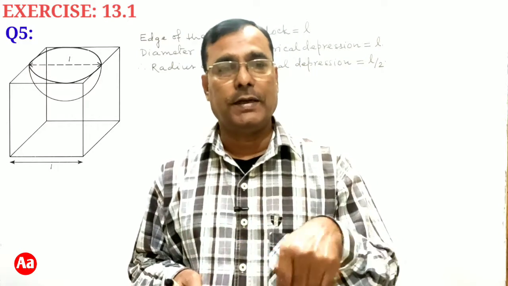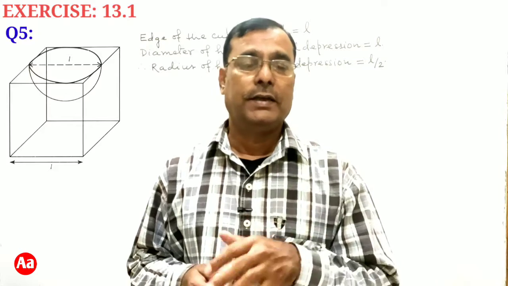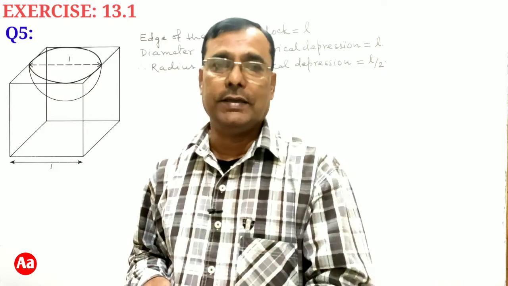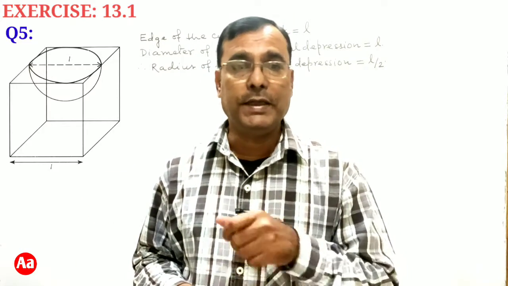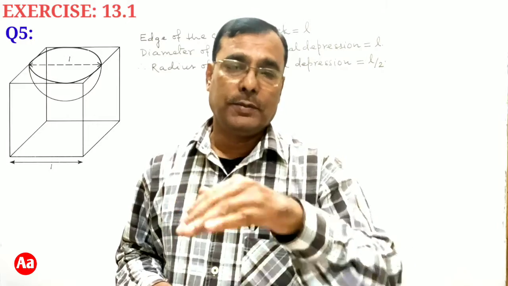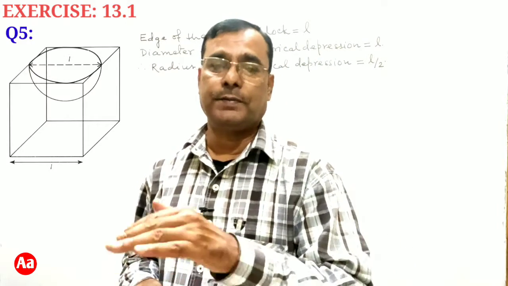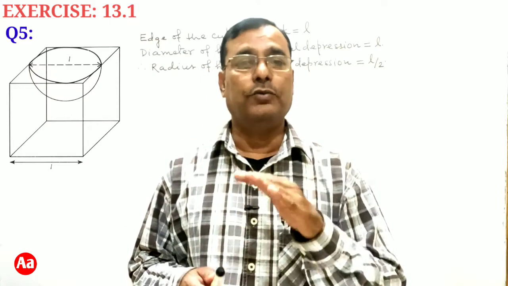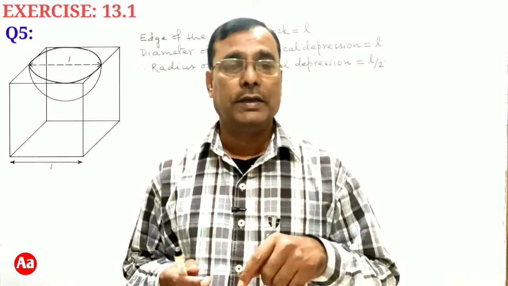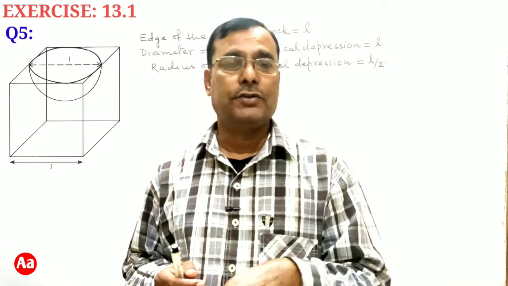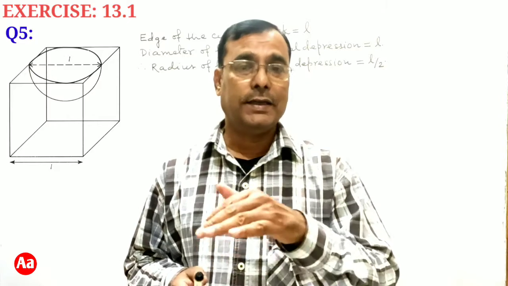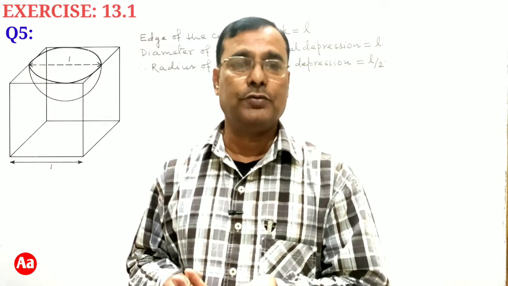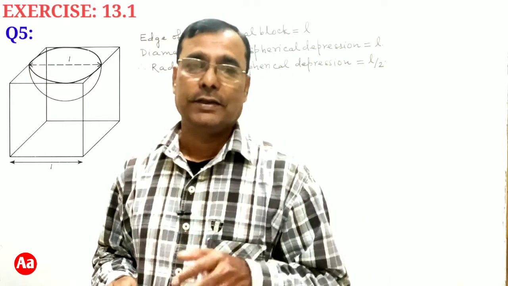So when a hemispherical depression is cut from one face of the cubical block, circular area pi r square is cut out, and in place of that, the curved surface area of the hemispherical depression, 2 pi r square, is created. So in that case,